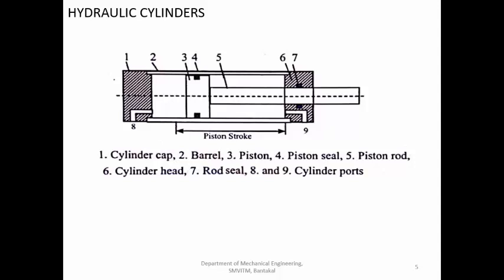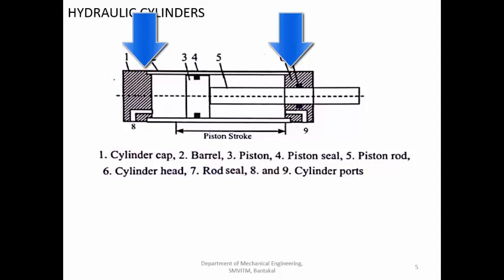Now what are the materials? You can have aluminum, you can have steel for all these elements. Even the piston can be made up of steel, but the piston outer diameter should be properly machined so that it is sliding smoothly on the inside. Even the piston rod should be properly machined. The end caps, they can be welded here and joined to the barrel. Then it will be a permanent one.